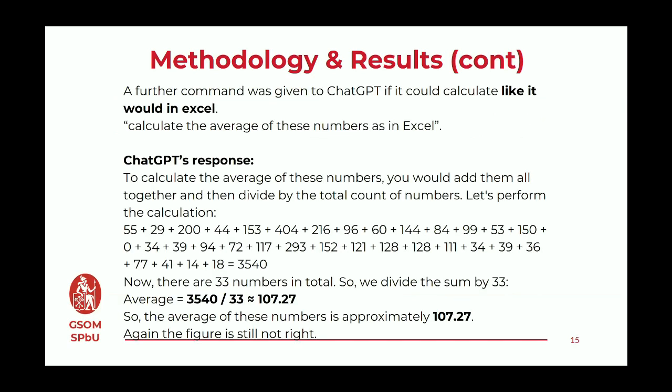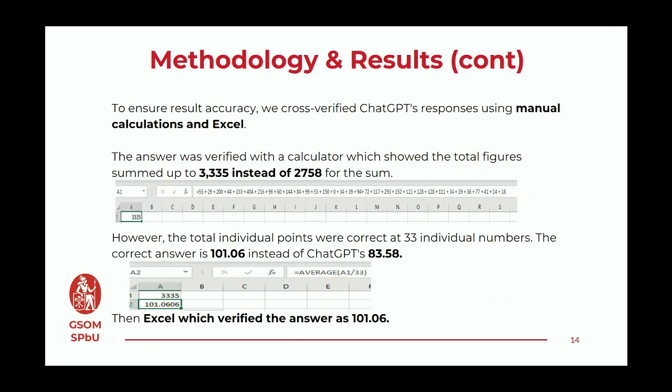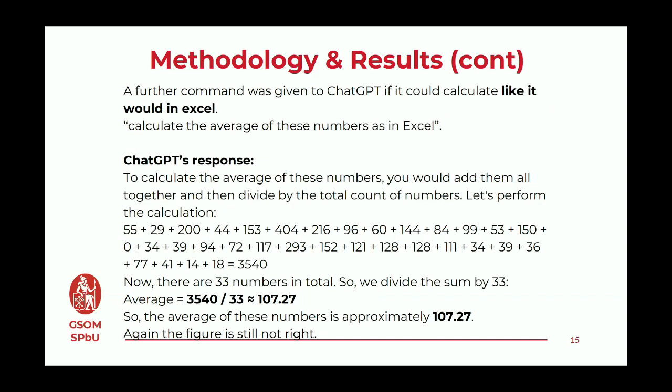So to further ensure, most of the time what we do is we ask the system, okay, maybe correct yourself. We give it the opportunity to do the right thing or an improved version. So we added another command, and the command was calculate it like you would do in Excel. So we wanted to see, if we ask it to calculate in Excel like we verified, would it be different? Would it give us the right answer? And it didn't give us the right answer, but it was kind of close, but still it's a mathematical calculation,